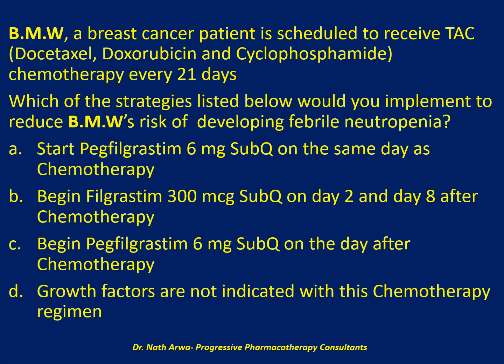And the next question reads, BMW, a breast cancer patient, is scheduled to receive TAC, that is docetaxel, doxorubicin, and cyclophosphamide chemotherapy every 3 weeks. My question to you is, which of the strategies listed below would you implement to reduce BMW's risk of developing febrile neutropenia? Would you opt to start pegfilgrastim at a dose of 6 mg sub-Q on the same day as